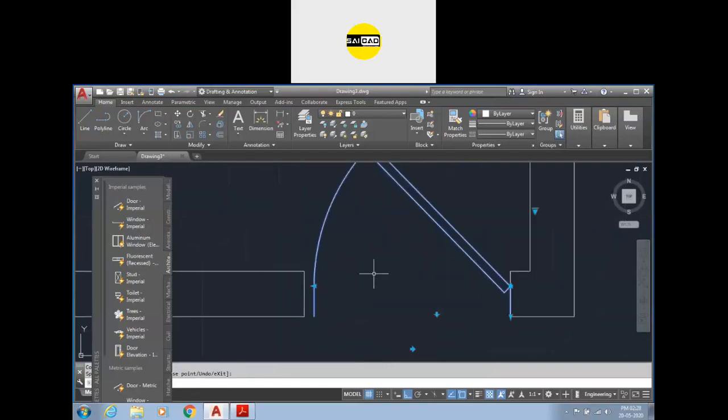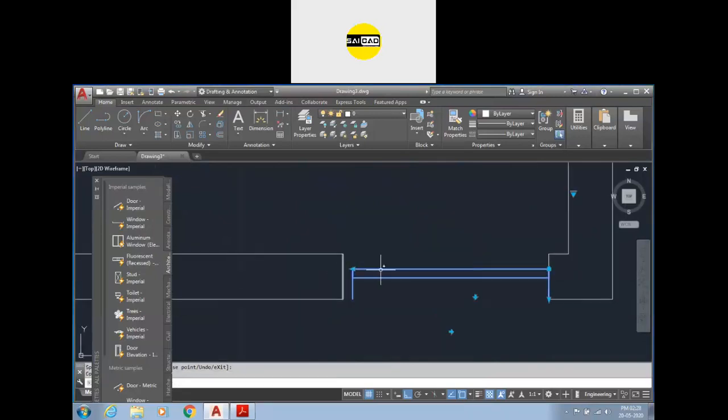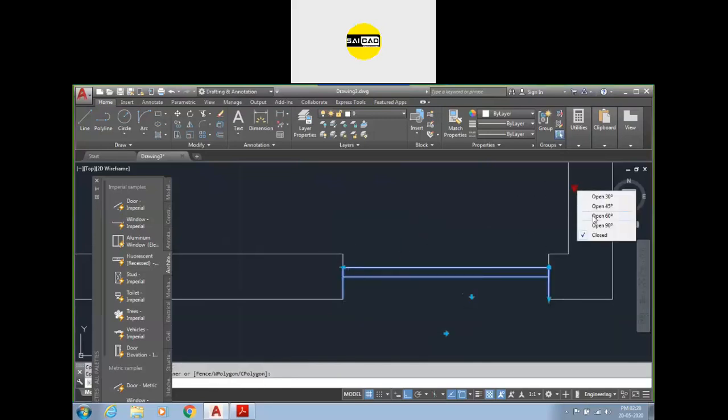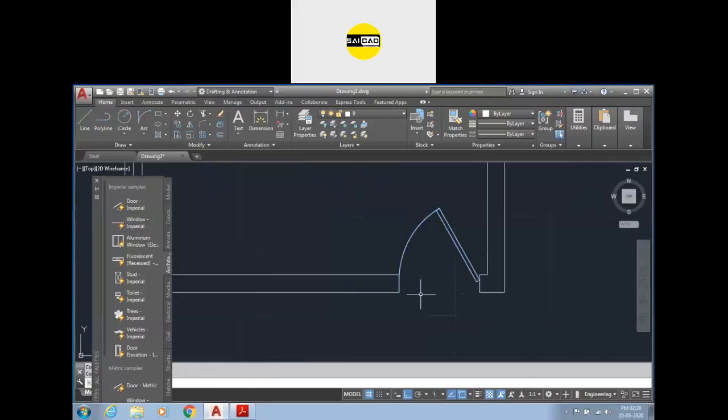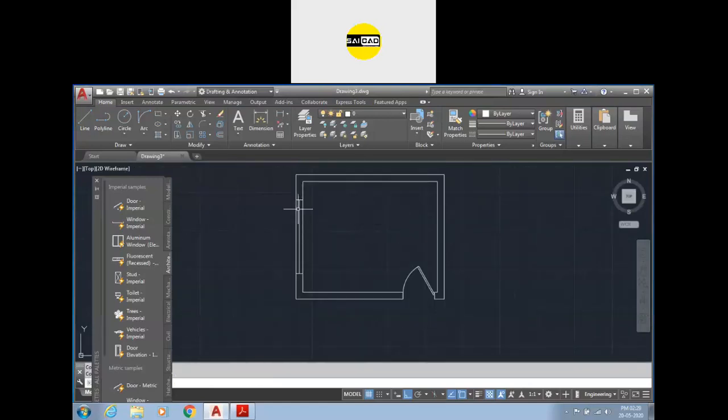So how to increase the scale? Click closed. Now to change the size, you can just drag, but this is the maximum scale. So you can go to the scale command, select the base. I want the reference that from here to here, I want this value to be 3.5 feet. So you can create it like this, and we can just define the value again that this is our door. Okay, so in this way you can create a room.